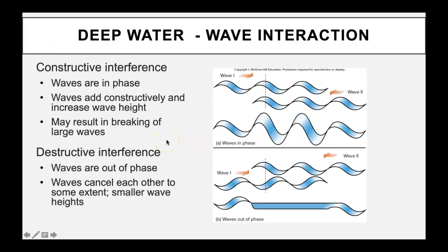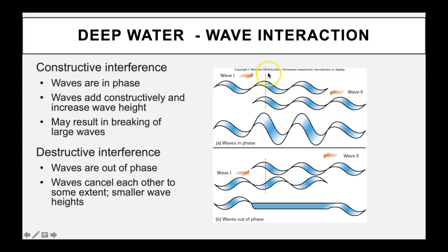There are also waves that can interfere with each other. So I remember doing this in a physics class in high school, where you would create waves and then create waves in another direction. And those waves can add and subtract each other. So if 2 waves are coming at each other and they're in phase, they can add. So here we have in the image wave 1 coming in and wave 2 from another direction, but the crests meet